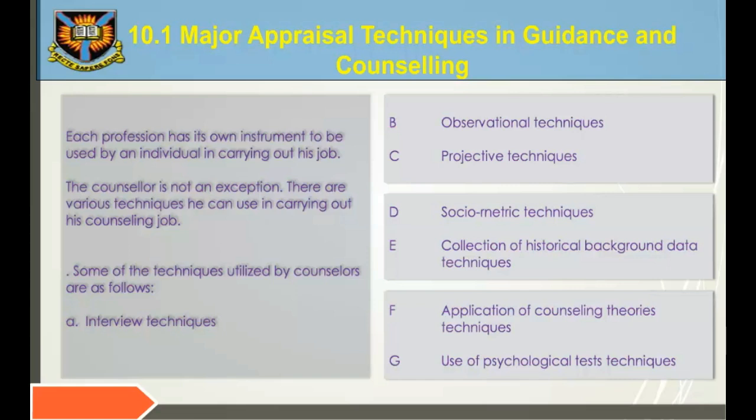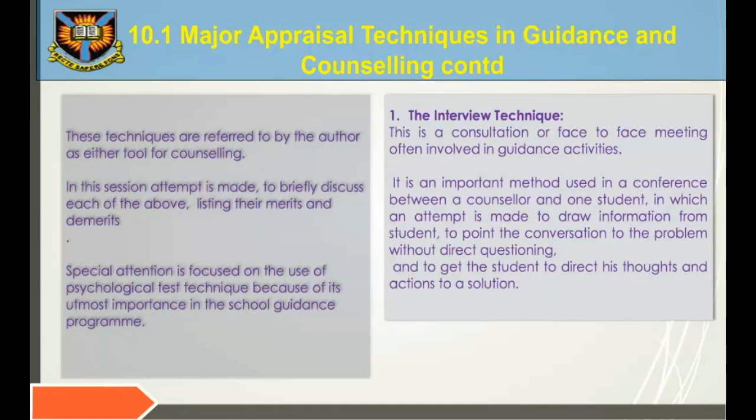E. Collection of historical background techniques. F. Application of counseling theories techniques. G. Use of psychological test techniques. These techniques are referred to by the author as tools for counseling. In this session, an attempt is made to briefly discuss each of the above, listing their merits and demerits. Special attention is focused on the use of psychological testing technique because of its utmost importance in the school guidance